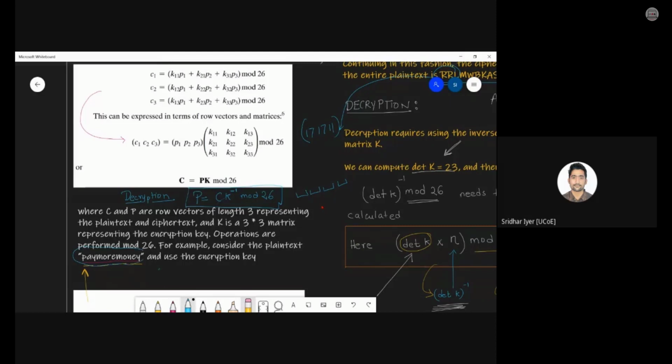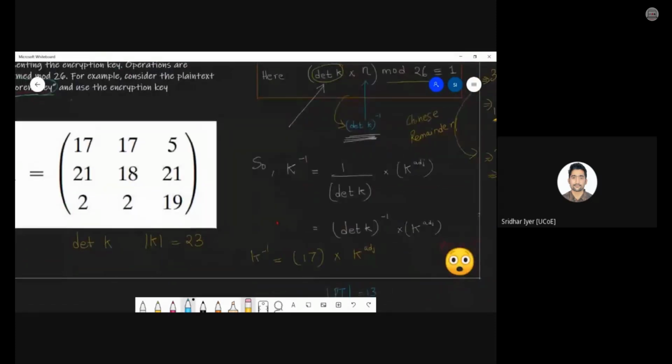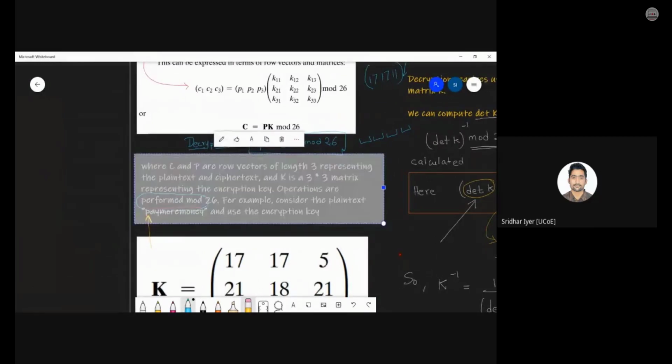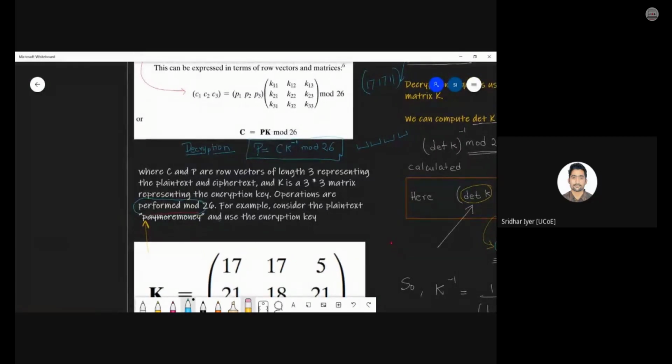I want you to solve this, complete this entire question. Just do the decryption part. You only need to calculate the K inverse. Once you get the K inverse, use it in this formula and give me the answer. Solve it in your assignment pages. Now we have 2 questions for your first assignment as of now. If you remember question number 1, I had already given: calculate the hash.